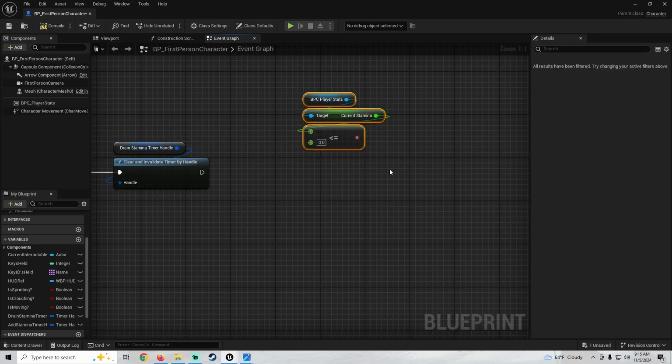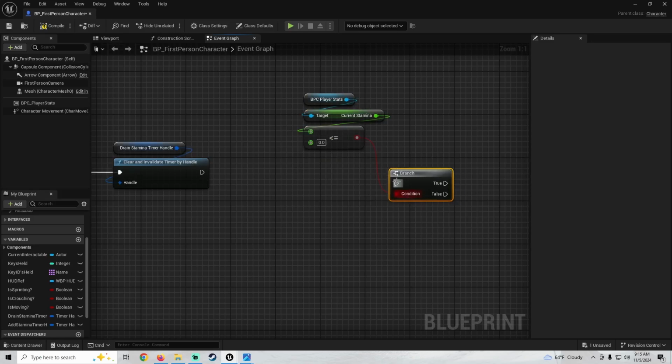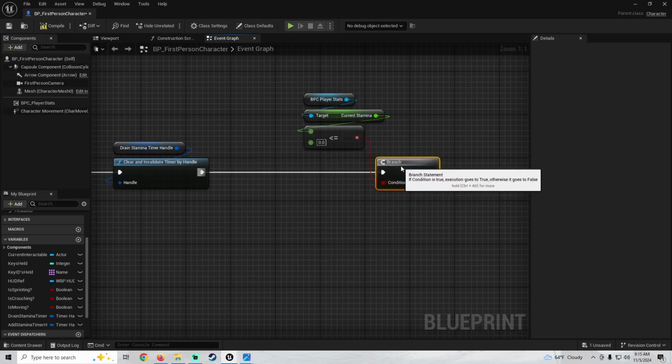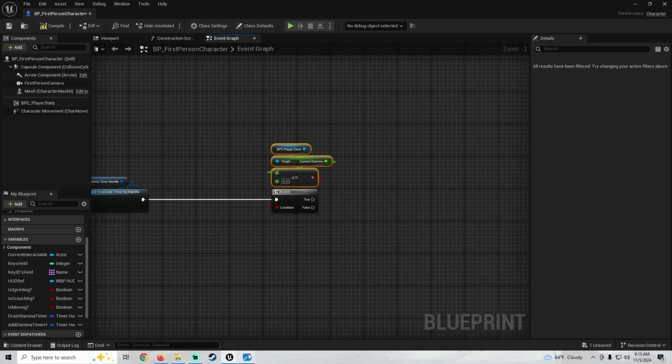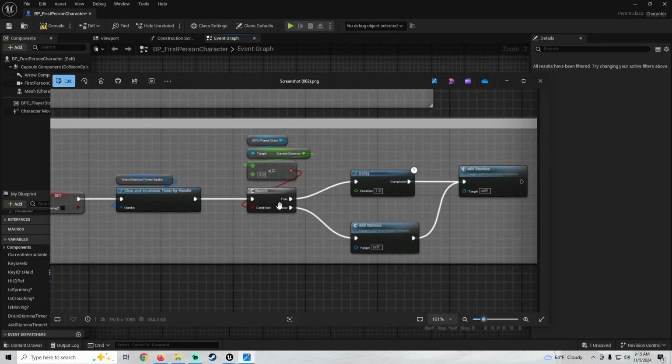And we're going to grab a branch. So just plug this guy in. Plug this guy right here. So what we're doing here is, in a lot of games that have stamina systems like this, before they add stamina, if your stamina has